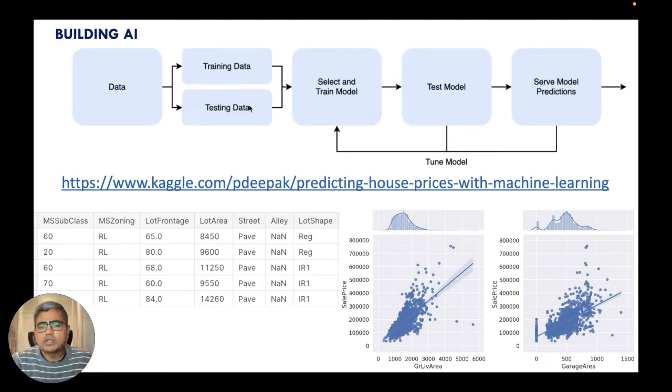What you see there is an actual code example of how one could go build it. There's not much time to go through the code here today. But what you see here is a sample of what the data will look like. There are 5 data points, so you have 5 different houses. You see the lot shape of the houses, regular shape. Is there an alley there or not? Is there a pavement or not? You also see the lot area, the square footage the house has. Let me tell you, someone has a 14,260 square foot house. That house is not selling for 1.2 million. You add a 0 at the end.